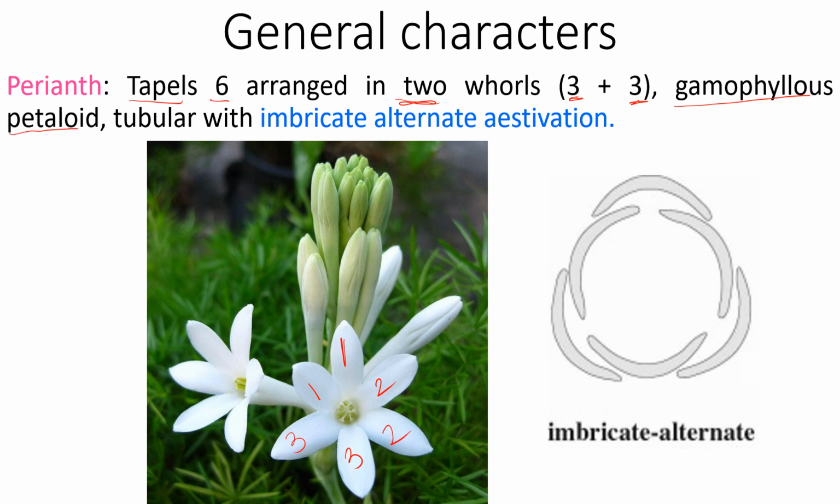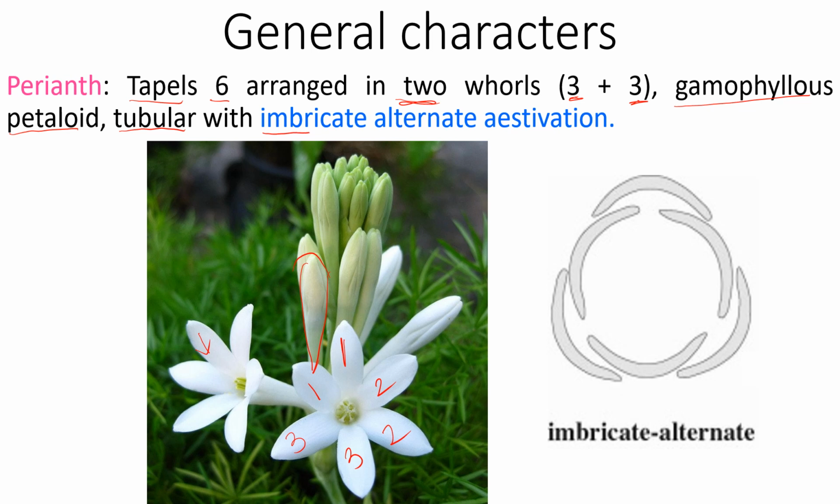They are petaloid, meaning they are other than green. They are not looking like a sepal. They are looking like a petal, so it is called petaloid. Then tubular structure: here you can easily recognize that it has a tube-like structure and a very specialized kind of